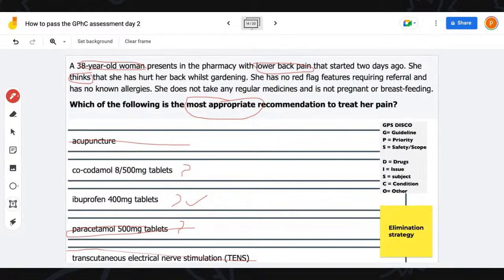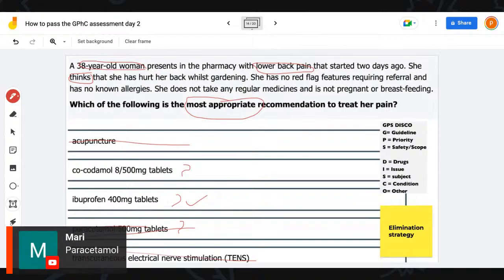Someone said, what if the back pain started today? It doesn't make any difference if it started today. So, right, I've asked this question. Okay, do you guys see what's happening now? This is very interesting. What I've done is I've put one thing that GPhC could do. We'll say this patient's asthmatic, and I'm having different answers. Some of you are going to go for paracetamol, and some of you are going to go for codeine.